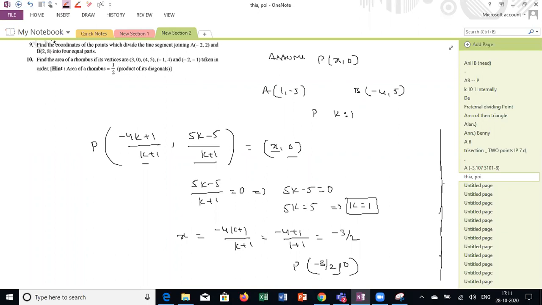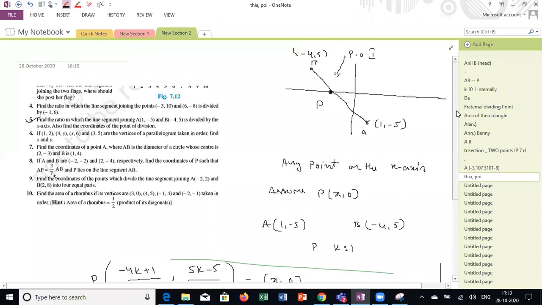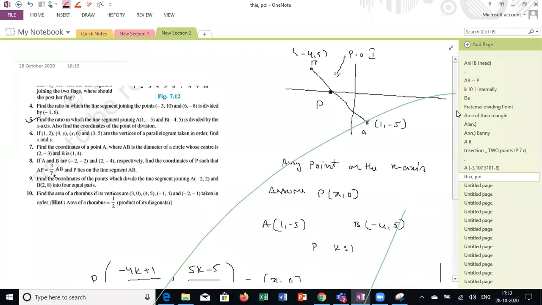Next class, we will discuss some more numericals and any kind of worksheets related to this. Is it clear, guys? Yes, sir. Shall I wind up the class? Any doubts that need to be discussed? There are 10 questions here. Please try to do the rest of the questions that we missed, and tell us which questions you are unable to do. We will do some more questions. Is it clear?